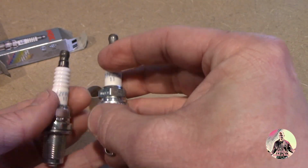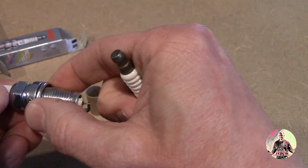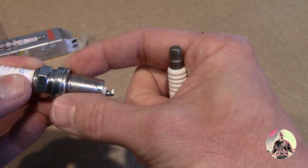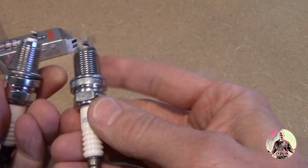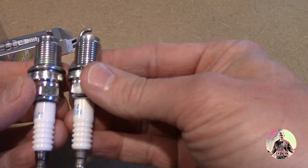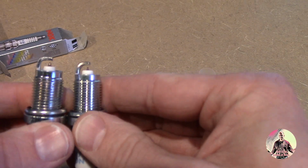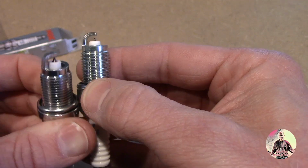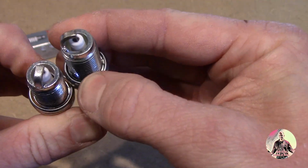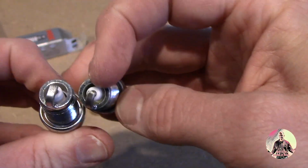Another thing to look for in the fake ones is a loose gasket here, or washer. Honestly, on both of them, they feel the same. So if you look at the bottoms of them here, I don't know if you can see that, but the one I got from Amazon is like a more squared off shape. It looks just a little bit rougher. This one's smooth on the